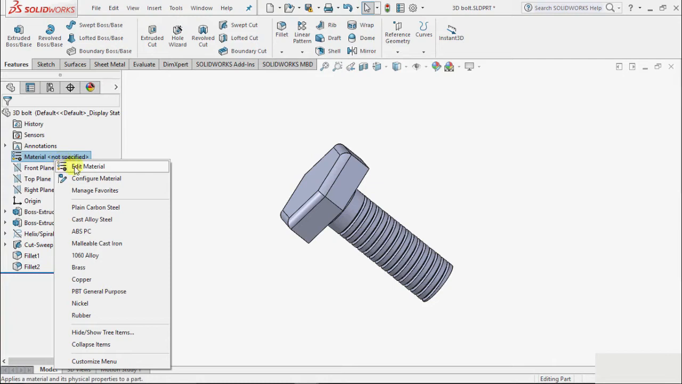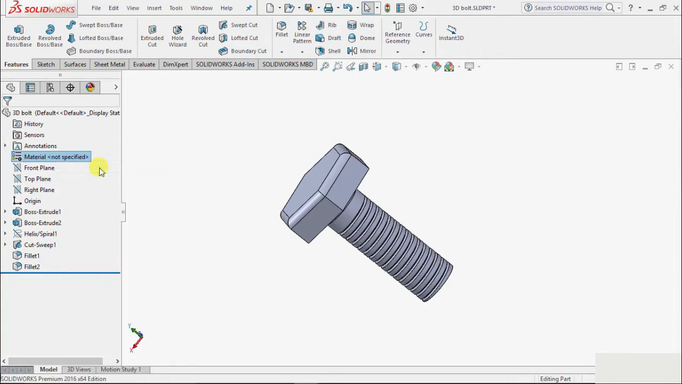So to assign a material to this, we can select this material, then right click, and we have options such as edit material, config material, manage favorites, and a list of some materials: plain carbon steel, alloy steel, ABS, malleable cast iron, etc. To customize our menu, we have the option customize menu, and if we want some more materials, we can select this edit material,